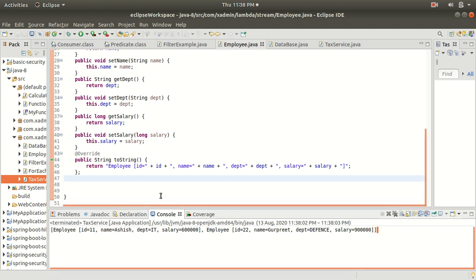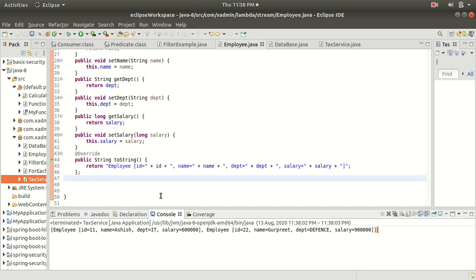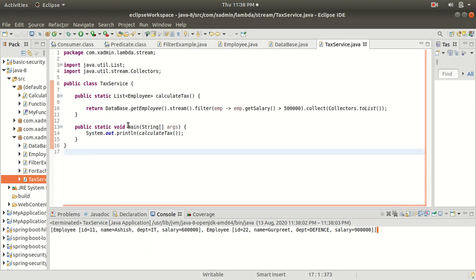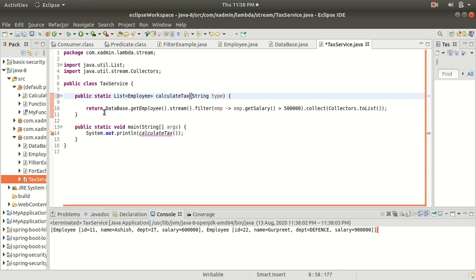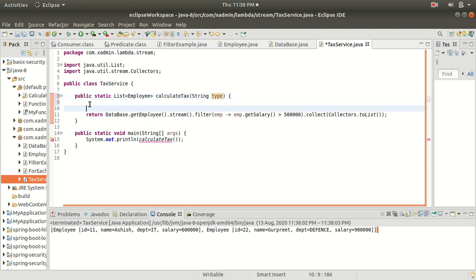All right. So now guys, I will make this tax calculation method dynamic. So I will return either the tax users or the non-tax users. For that, let's go to the service class. Let's add some argument to take from the method call. So here I will keep it as a type. All right. And now I will put some condition here.